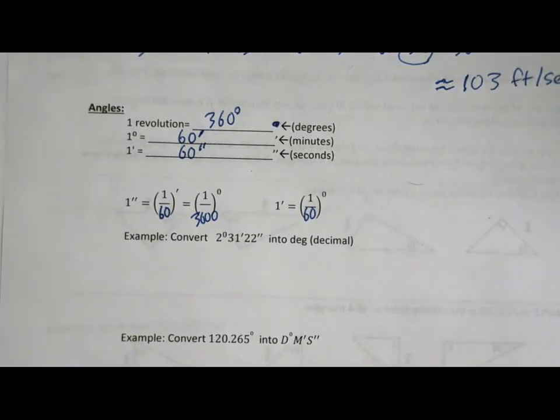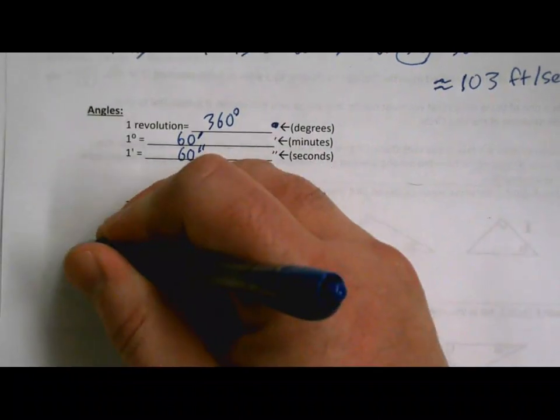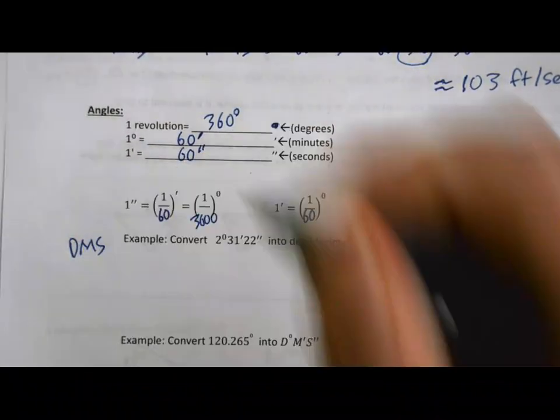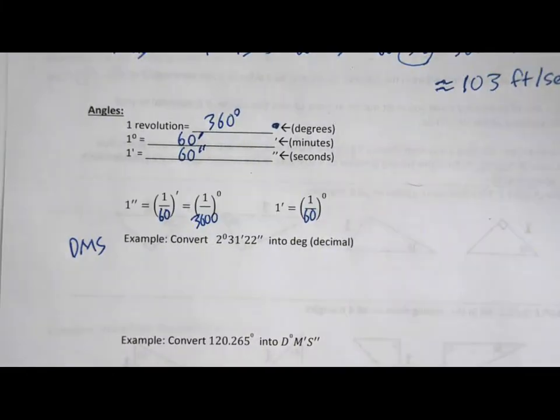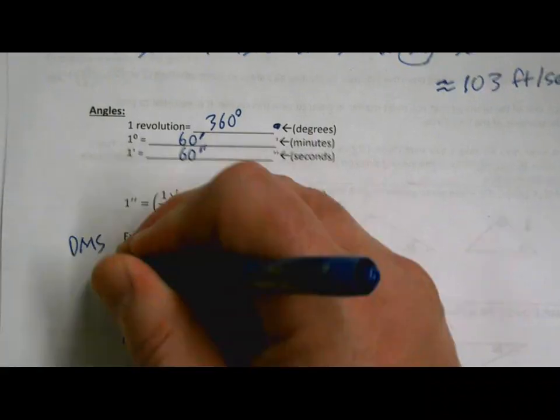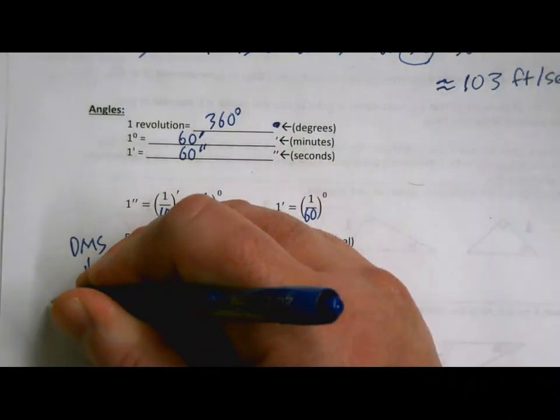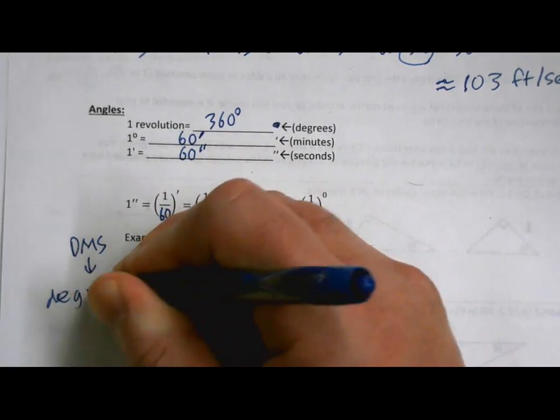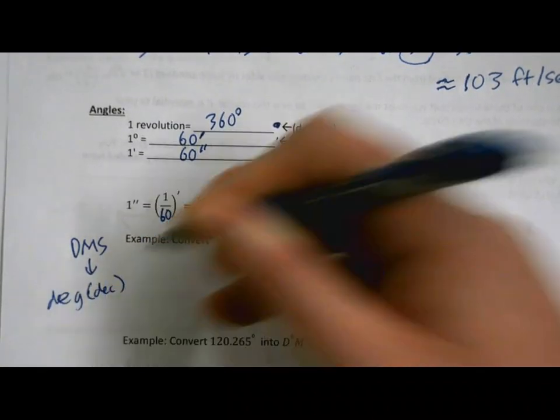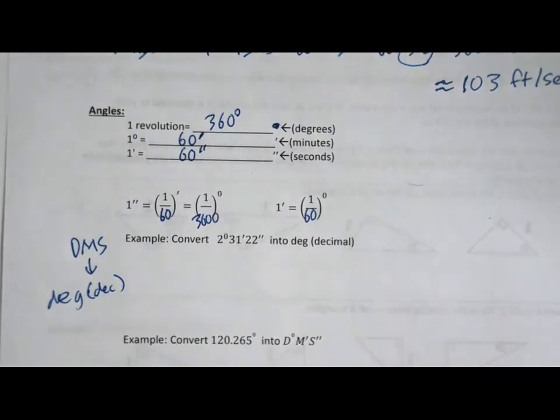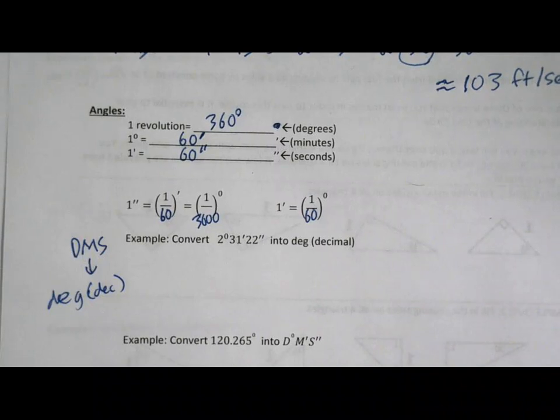So we're going to convert degrees, minutes, seconds. You'll often see this abbreviated as DMS. I think that's what it says in your textbook. So this is in DMS, and we're going to convert it into degrees as a decimal. So 2 degrees, 31 minutes, and 22 seconds. We're going to convert this into something